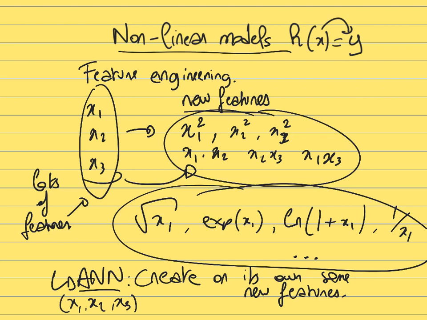So if it thinks that x1 and x2 need to be combined with each other to create a new feature that is more useful, that is more relevant to predict the observation for the specific problem that you are interested in, then it can create on its own those complex new features. And that's a great advantage over linear regression, because in this case, it means that you don't have to do that much feature engineering. You can still create a new feature if you want, but the artificial neural network will attempt to do this on its own.